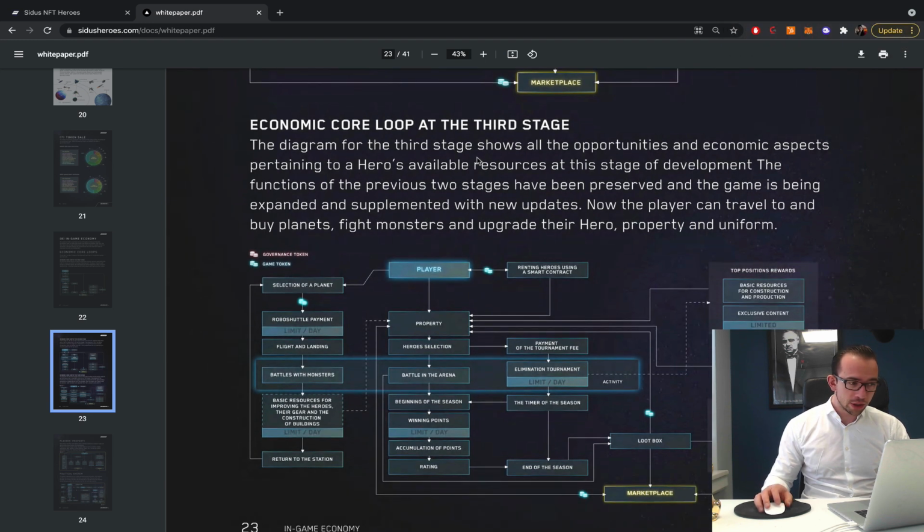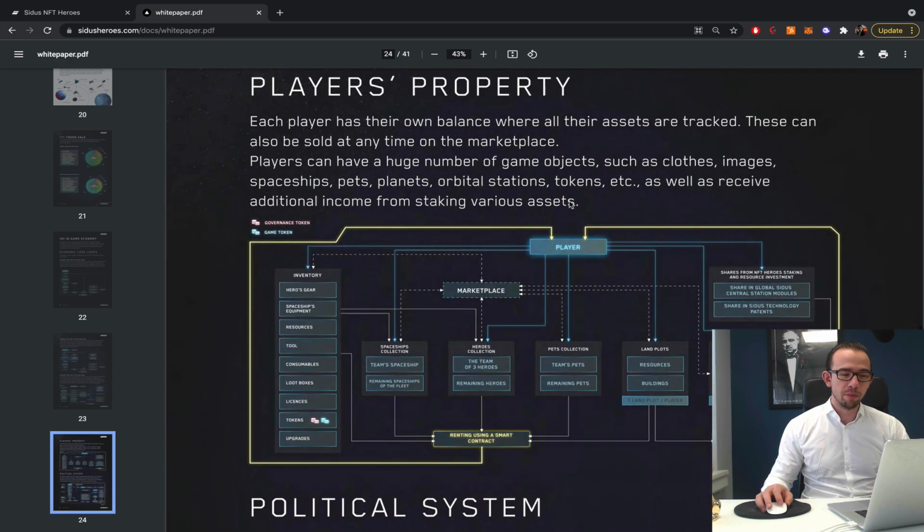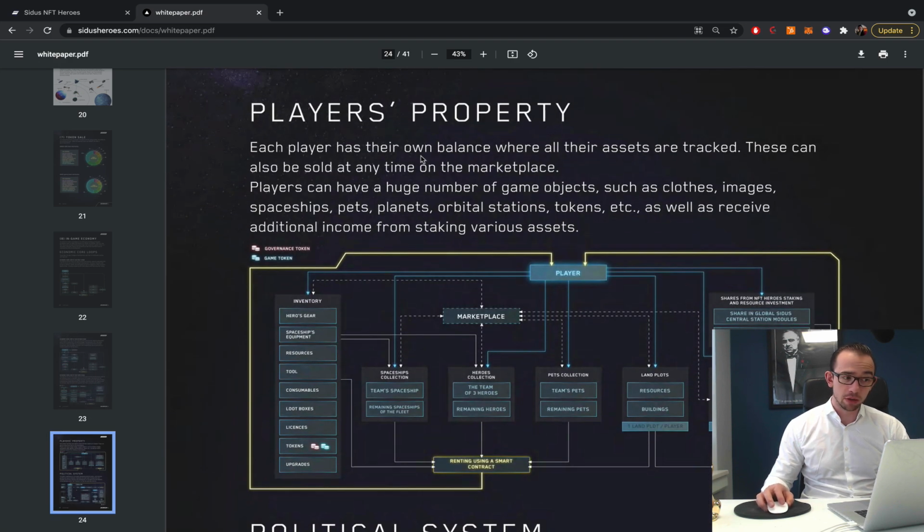Economic core loop at the third stage. Okay, so this is even more advanced. So the tournaments are here with the tournament VS. Then there's a loot box, there's characteristics of these things, which gives you top position resources and rewards, basic resources for construction and production, exclusive content again. So basically it just keeps on going and going with the specific exclusive build outs. Right? Player's property, which is obviously each player has their own balance where all their assets are